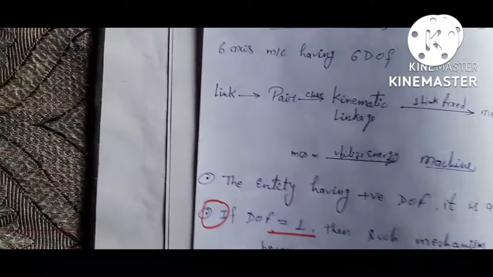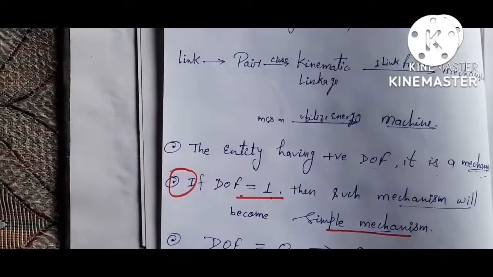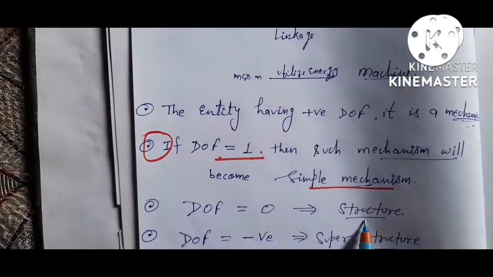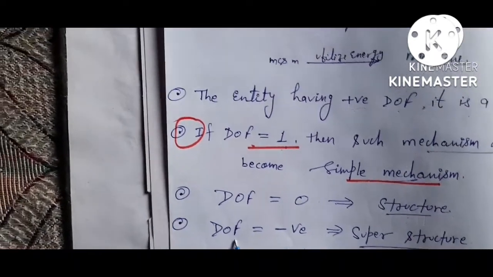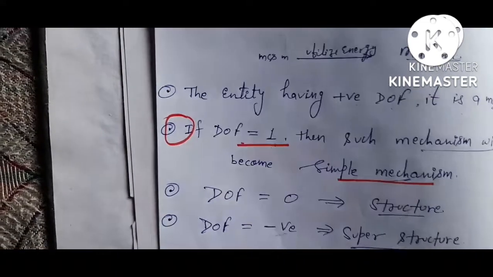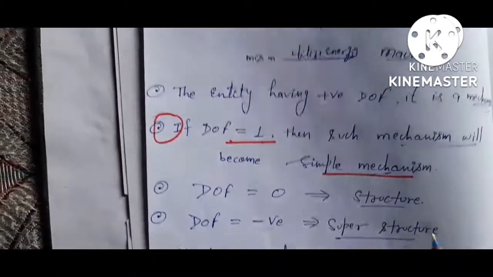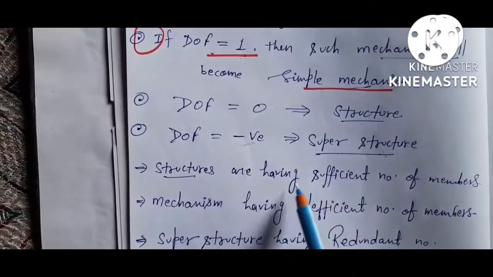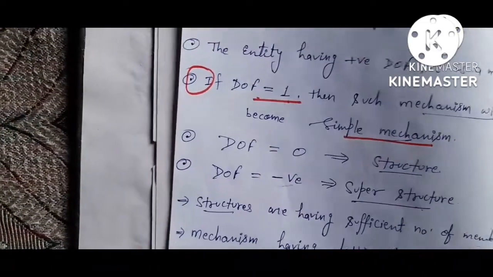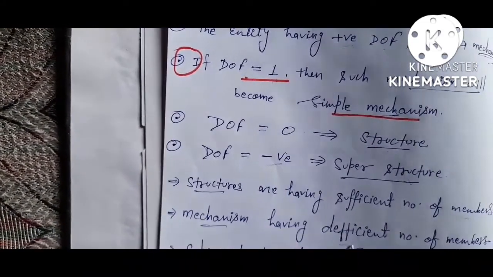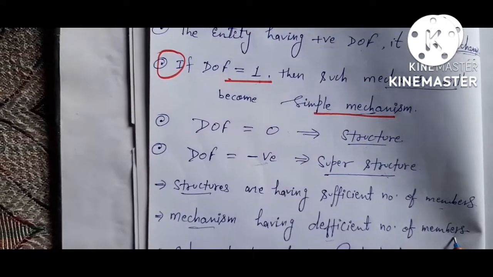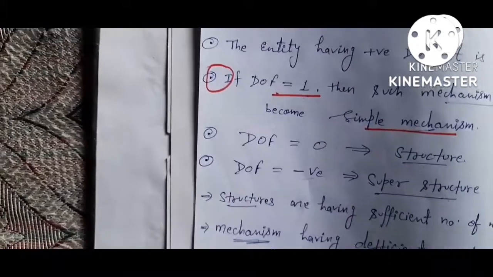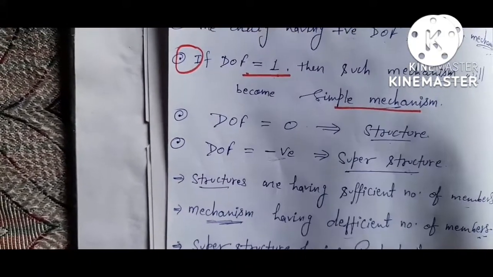Okay, now if degree of freedom equals 0, then it will become a structure. Degree of freedom 0 is a structure. And if degree of freedom equals a negative value, then it will become a superstructure. Negative is superstructure. Okay, so what is a structure? Structures have a sufficient number of members, and a mechanism has a sufficient number of members. A superstructure has redundant extra